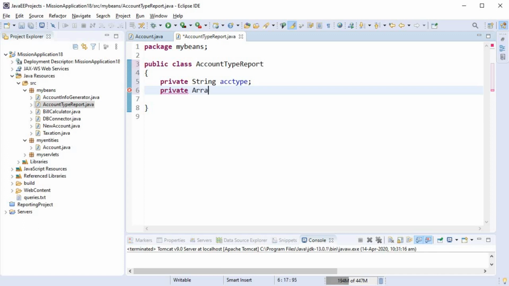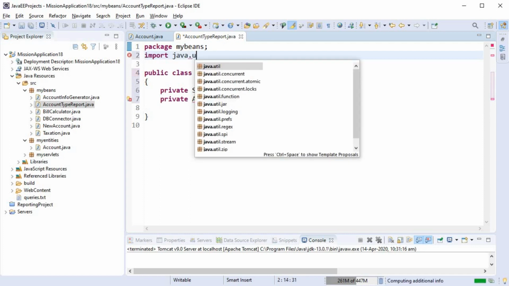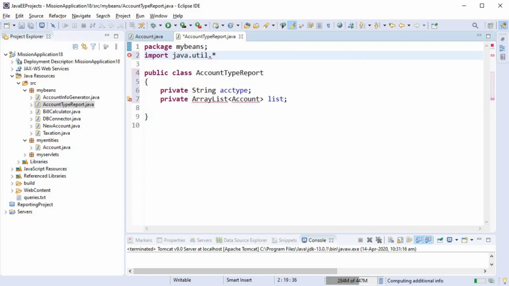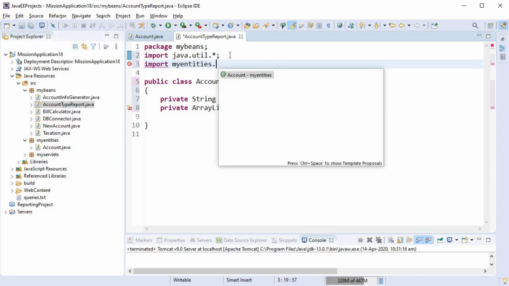And the second property that we need is going to be an array list. It will have all the objects of account class stored inside. So we are creating another property as array list of type account. So objects of account class will be stored in this array list. Array list can store data as well as it can store objects, as we know. So to store so many values, we are going to create an array list of objects, and each object will hold 4 values, as we already know while creating the entity bean.